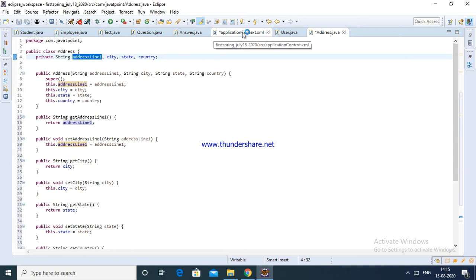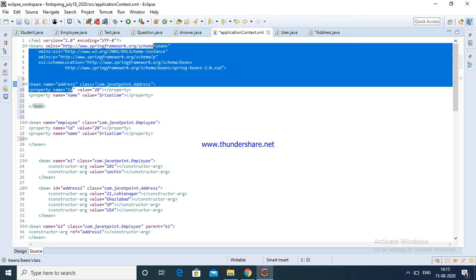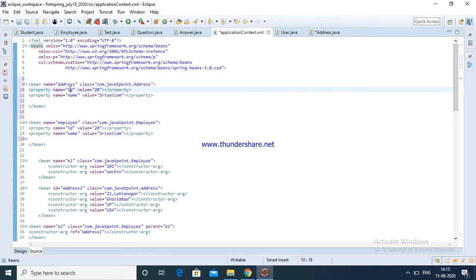Now we are going to configure the address. Here the first name is address line.